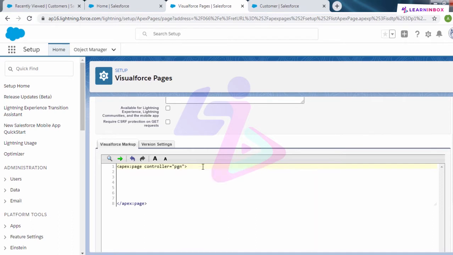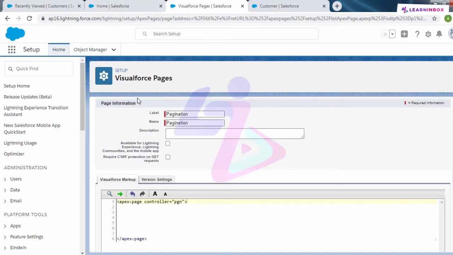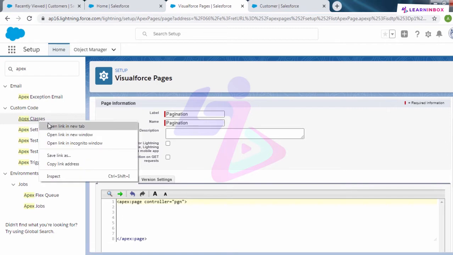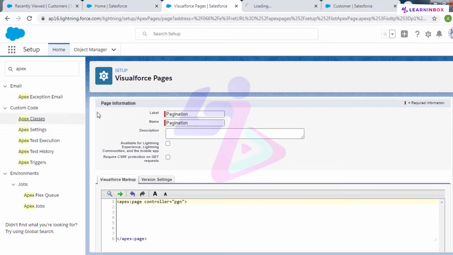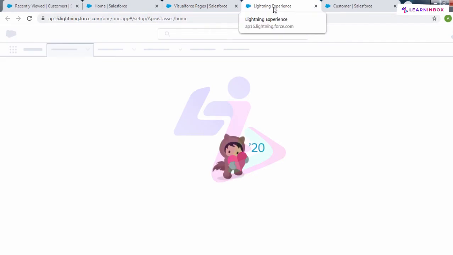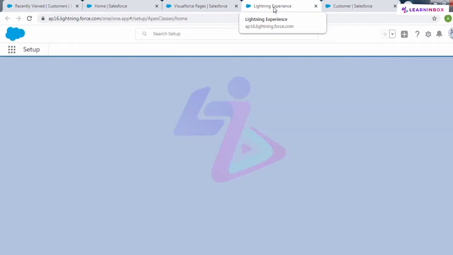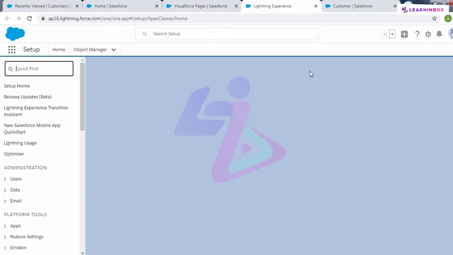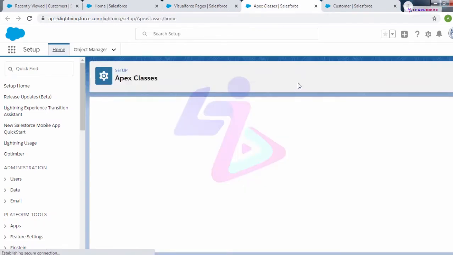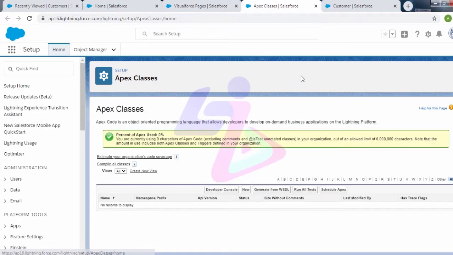But you can take a manual way of creating an Apex class. As we have searched for Visualforce page, we can search for Apex classes as well, and you can create them simultaneously. So search Apex class and just click on this Apex class. Here we'll create a new Apex class here. Now click on new.